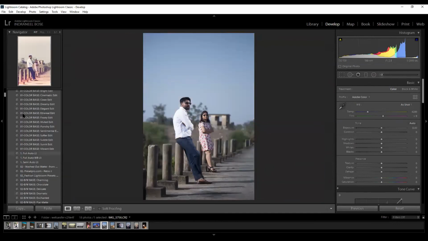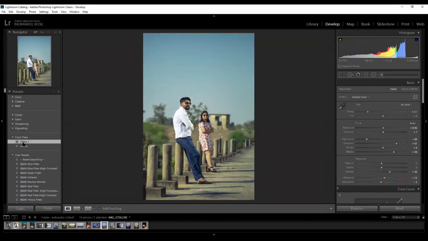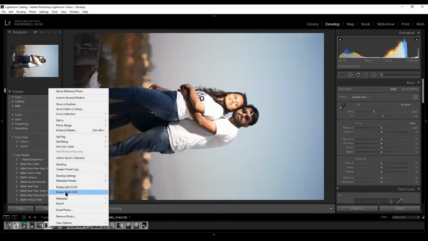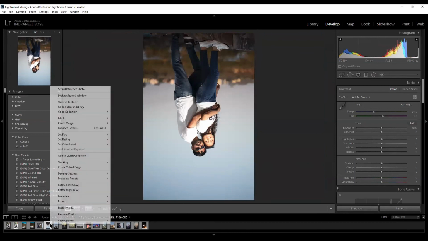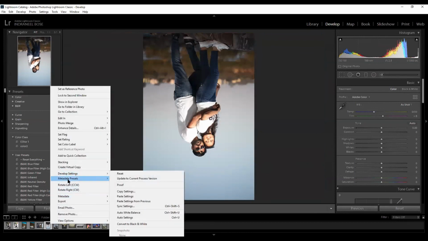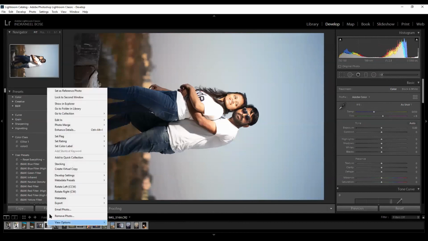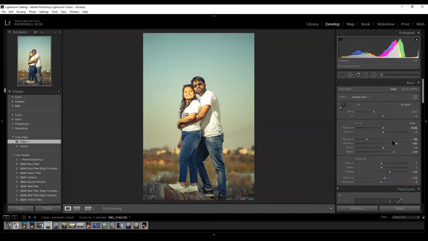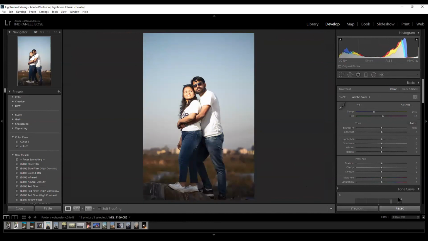We made a preset over here, naming it Color One. The matching image, you can say, is a little like this image. Now if I put the preset over here, see, I only have to reduce the whites and highlights. Got it? So if the proper exposure matches, then the preset will work fine. But if the exposure doesn't match, the preset will never work fine.